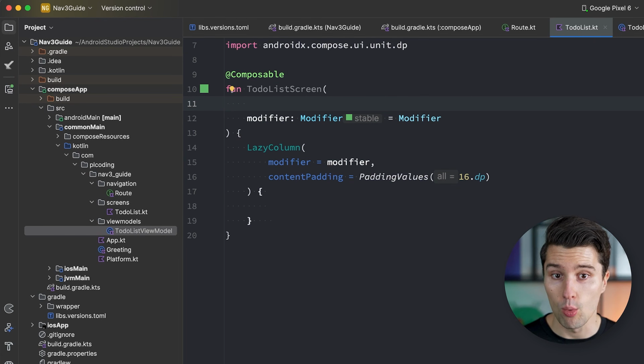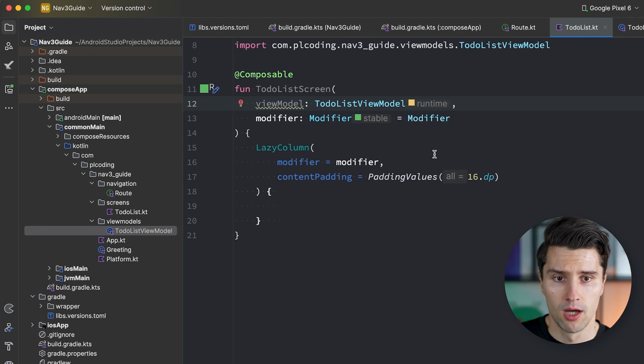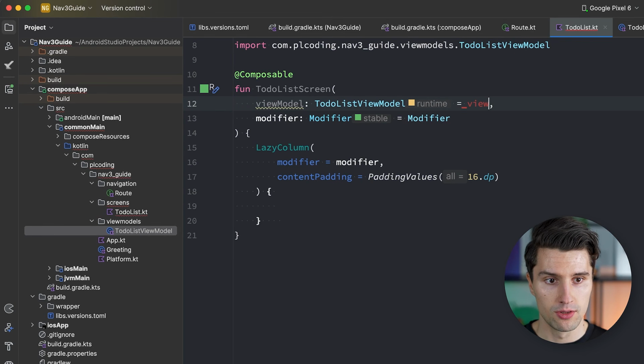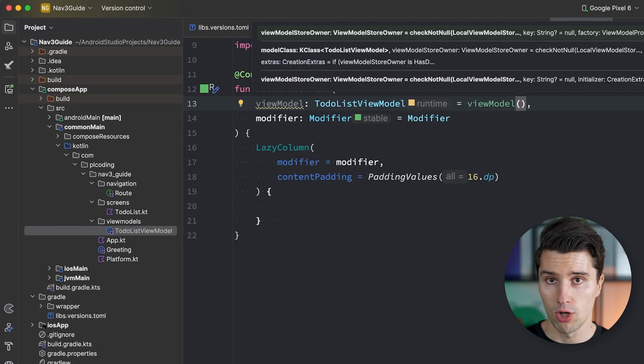Inside our to-do list screen, we can now have a view model reference from which we get this list of to-dos that we now want to reference here on the screen and show in our lazy column. This works like this. We have a view model reference of type to-do list view model. And now there are, of course, multiple different ways how you could get that view model reference. Here I will just use the normal compose viewModel function